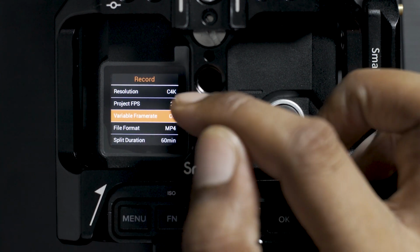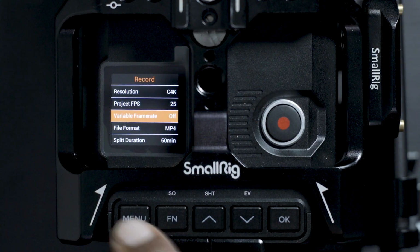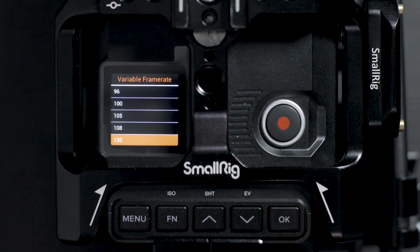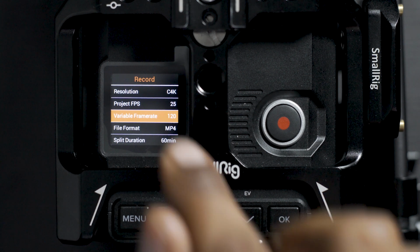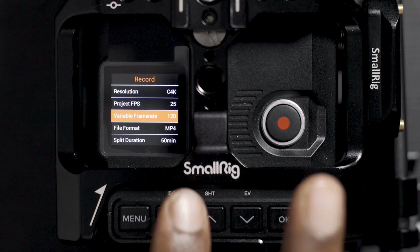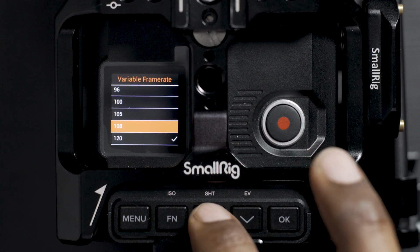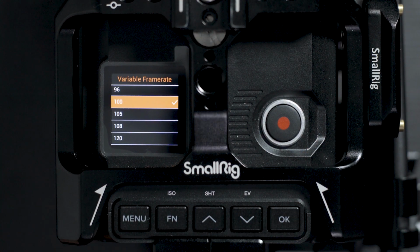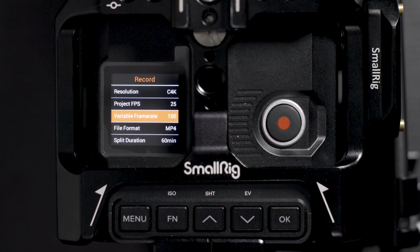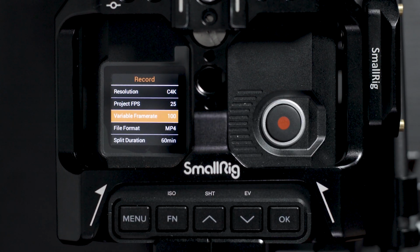So if you look at it, that's C4K, Cinema 4K at 25 frames timeline, and a variable frame rate of 120. And of course, because I'm in Europe, I don't go for 120, but I go for 100. So this is my setting: Cinema 4K, 25 frames per second on the timeline, and my slow motion is 100 frames per